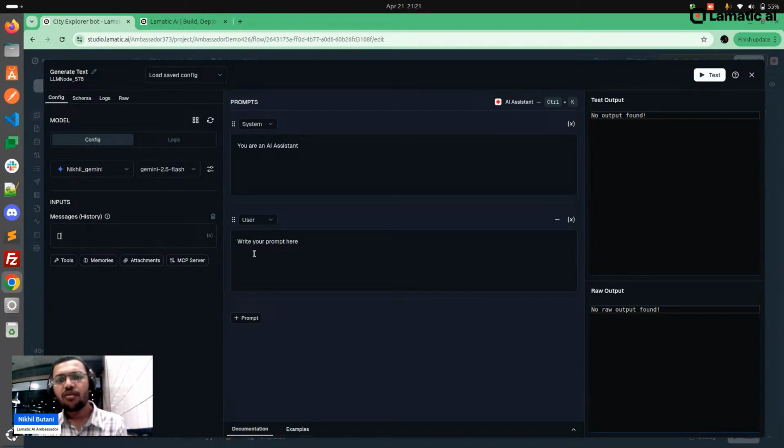Okay, so what you do is you need to add your inputs, right? So I just click here, type in the input to open the variable selector. So I just click here, chat widget is already selected, and here I can just select the chat message, right? But what exactly you need to do is, as a user, if I write, tell me about any city, right?